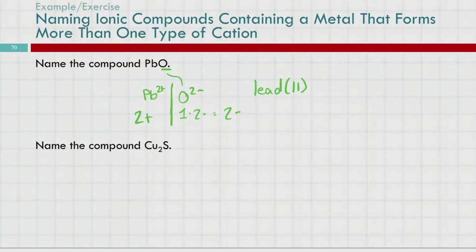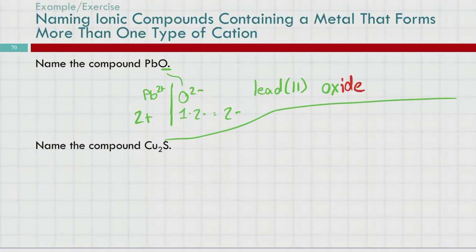So that's lead. And then we've got oxygen, and we change the ending to IDE. So this is lead(II) oxide. The 2 is to let us know that the lead has a 2+ charge. If we didn't specify, it could also be,